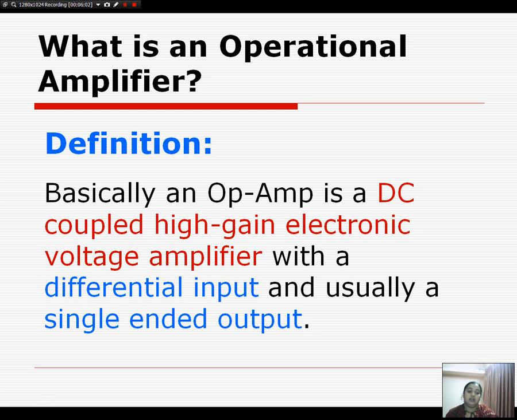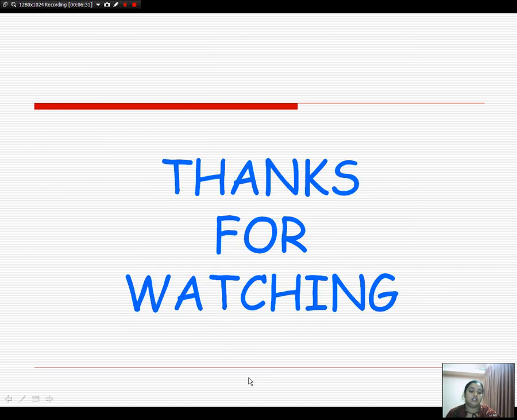Now here, the differential input: as an operational amplifier has a number of amplifier stages, the first stage, the input stage, is a differential amplifier and the output stage is a single ended output amplifier. As the configurations we have discussed earlier, these configurations are used as a stage of an operational amplifier. So each stage has its own characteristics.